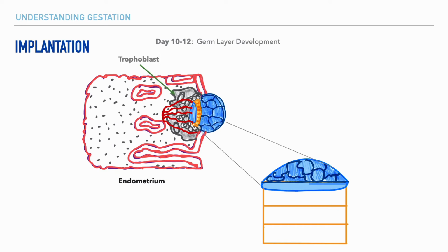Now, at this point within the blastocyst, we have a few things of importance to note. First, we have a fluid-filled chamber referred to as the amniotic cavity, and we also have the presence of what we call 3 germ layers, which include the ectoderm, which is in direct contact with the amniotic cavity, and the middle layer, which is referred to as the mesoderm, and the deepest layer, referred to as the endoderm. And what's unique here is that each of these 3 layers serve as the foundation for the human body.